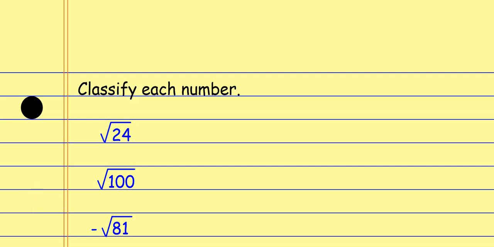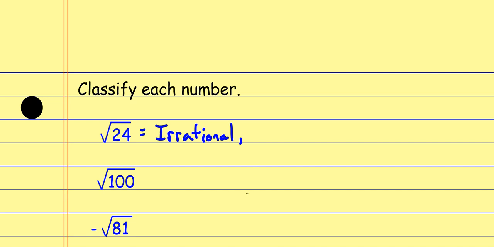It's not one of my perfect square values. If I took the square root of 24, the calculator would spit out a never-ending, never-repeating decimal, which means this is an irrational number, okay? So irrational is as specific as I can get, and it's obviously a real number as well. They're all real numbers, so if you want to include real, you can, but irrational is the most specific, and we're going to start